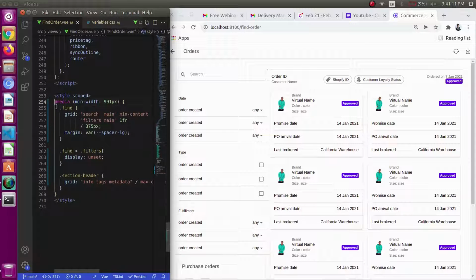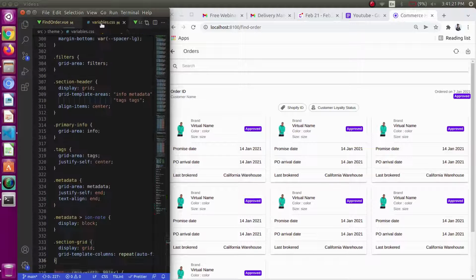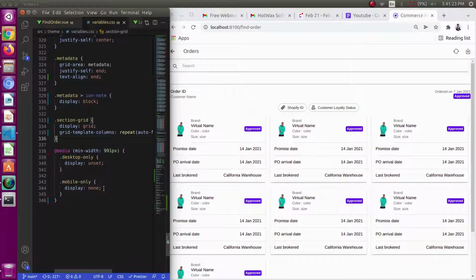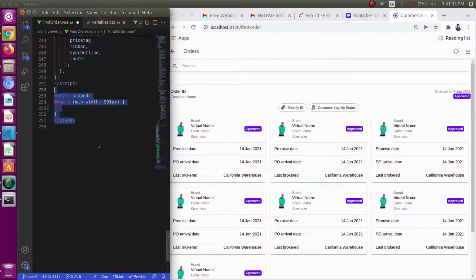It is working. Now just cut the desktop part of styling and paste the whole thing in my variable.css desktop styling. I already have desktop only and mobile only classes, which I have shared in my previous video, how they are created.